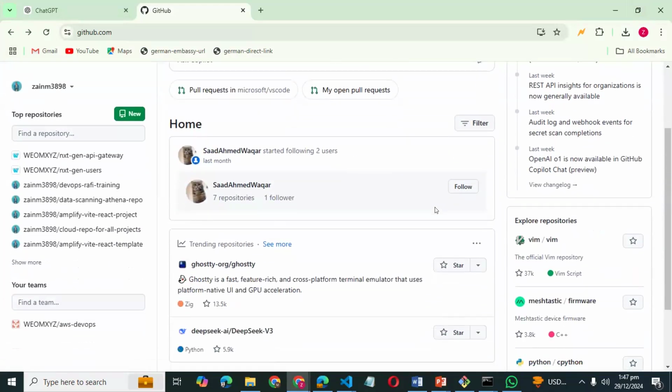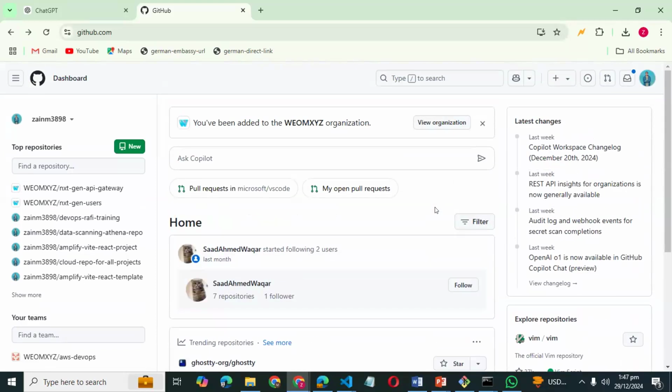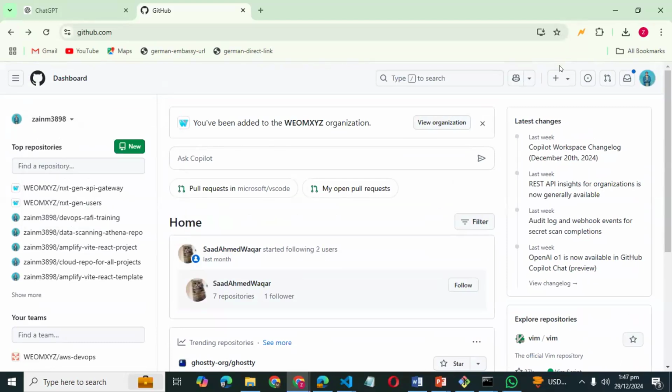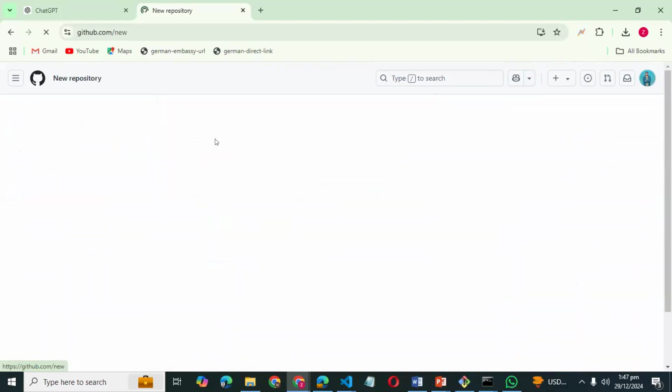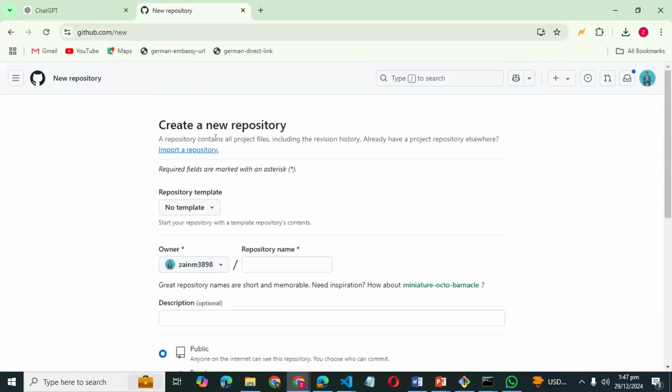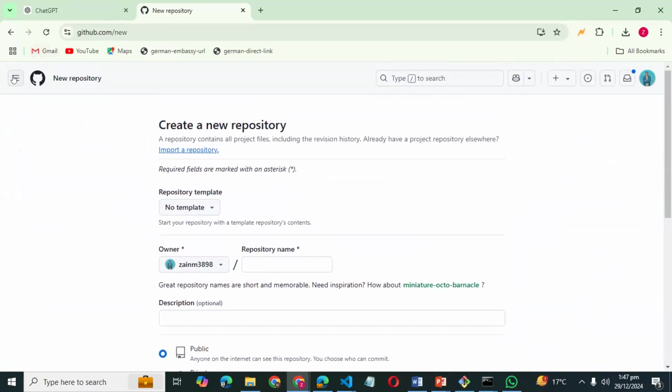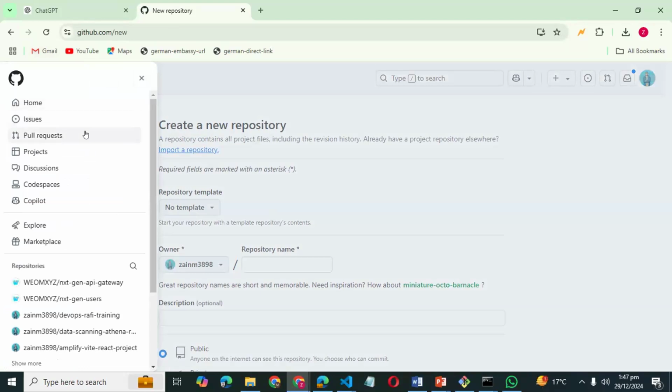We copy this URL by going to the repository which we created, and in this repository we find the option with the green button of Code, right?